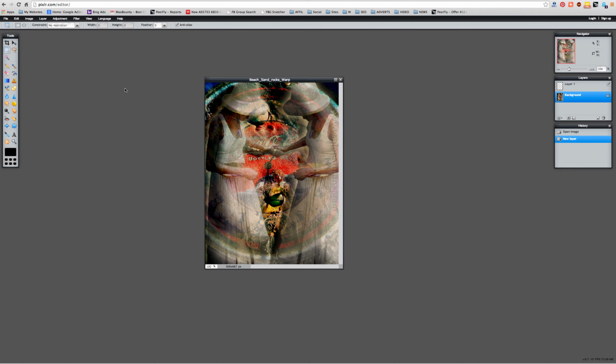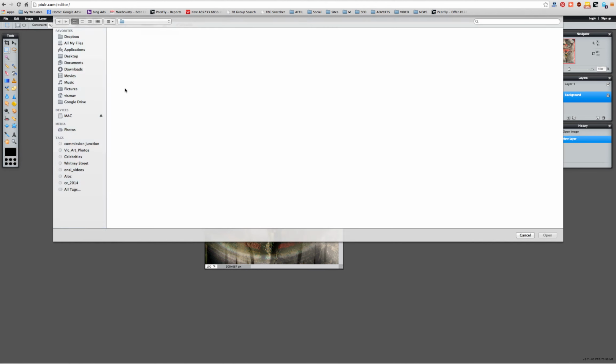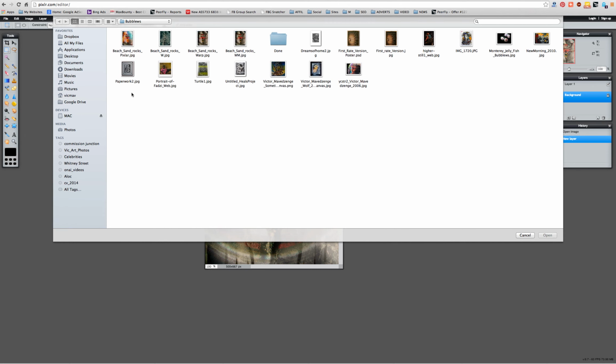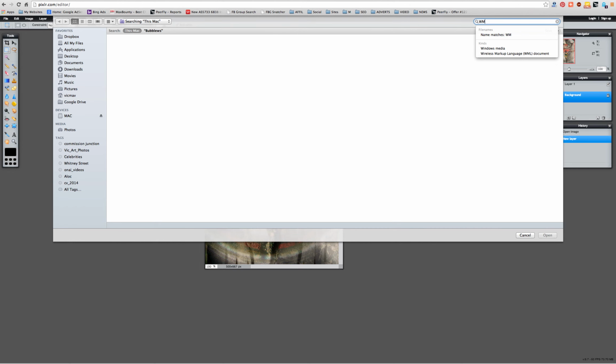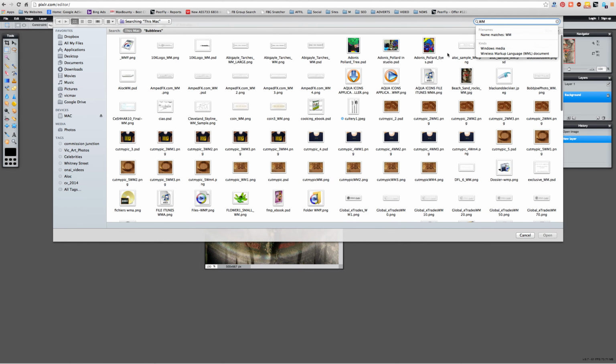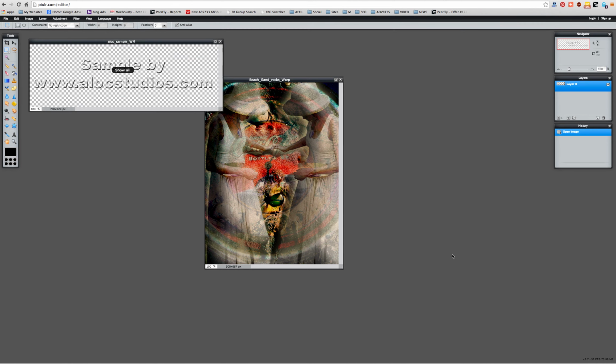So the next thing you do is you then open your watermark file, which is possibly a PNG file if you got it created properly. So Command O again on a Mac or Control O on a PC. You search for your watermark image, and what we want to do is simply overlay it over the image. Control O, open, and then you simply select